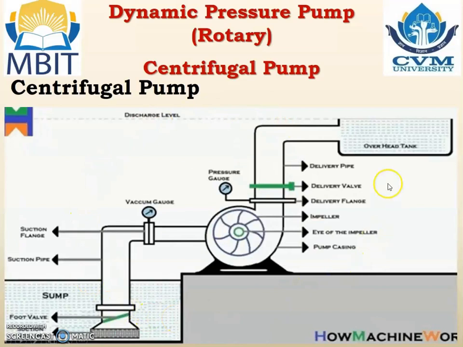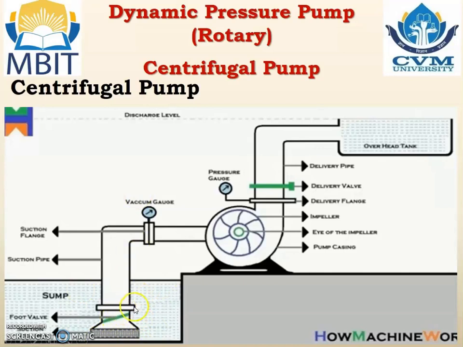These are the different parts of the centrifugal pump. This is the outer body, the black colored body. That is the casing, the pump casing, in which the impeller is provided, and that center part is known as the eye of the impeller. With the casing, on the left hand side you can see the suction pipe is connected, and at the bottom of the suction pipe the suction strainer is connected. The function of the suction strainer is to remove impurities, particularly physical impurities, entering the suction pipe.